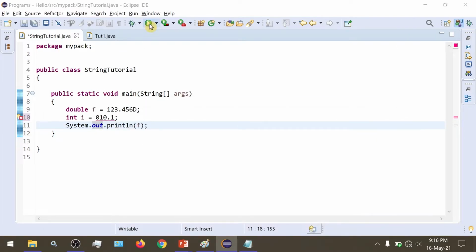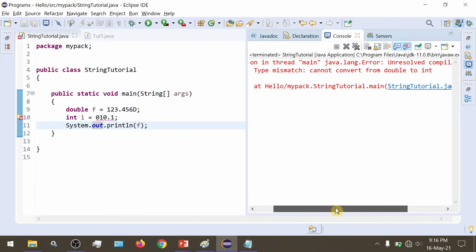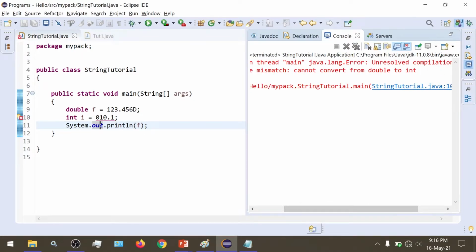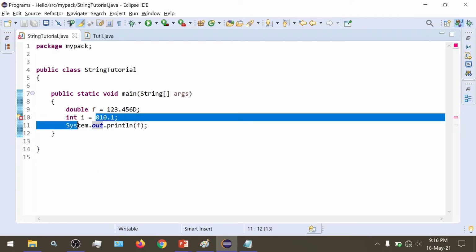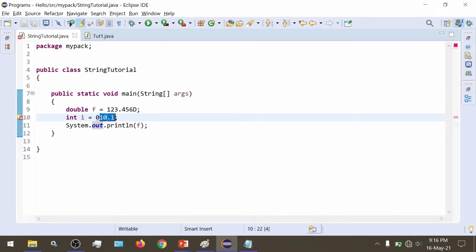So if we try to run this, we would get an error that it cannot convert double to int. It would consider this as a double value and try to convert this into int. So we cannot do this.